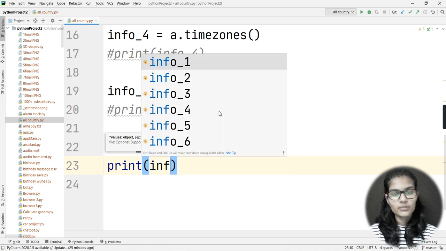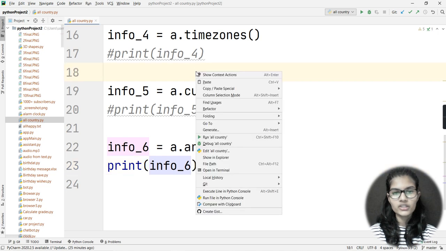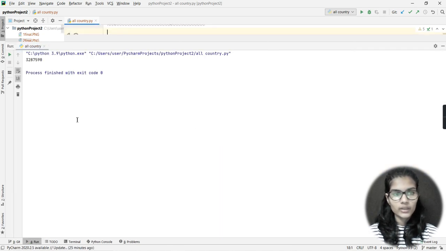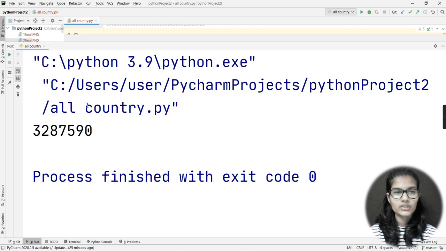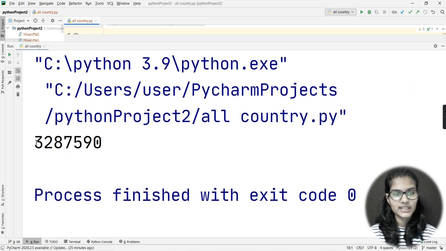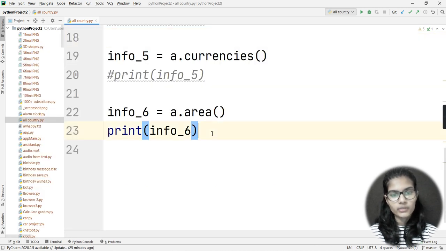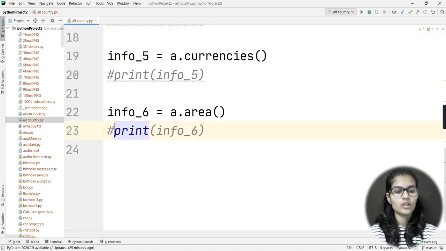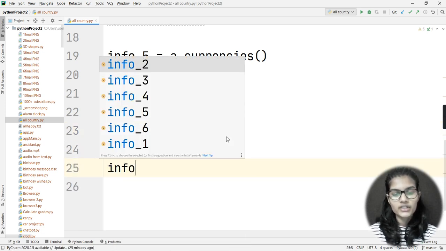Right, and I would just simply print here info underscore 6, right, and I would just now run it. Now just have a look here at what output I will be getting. So here I'm just getting some output, and basically this much is the area which is covered here. Right, this much is the area. Fine. Now about the latitudes and longitudes, you'll be writing further code, and there you'll be getting all the details in a properly mentioned way. Fine. So info underscore 7.